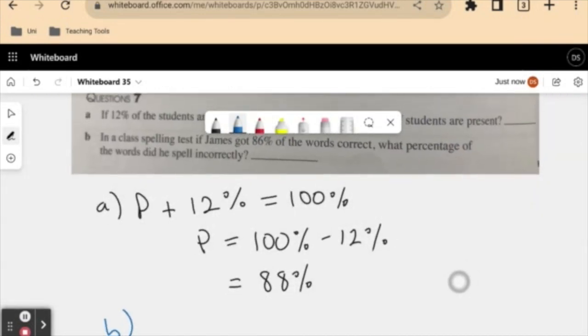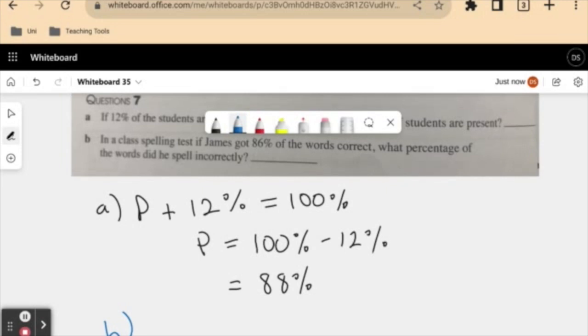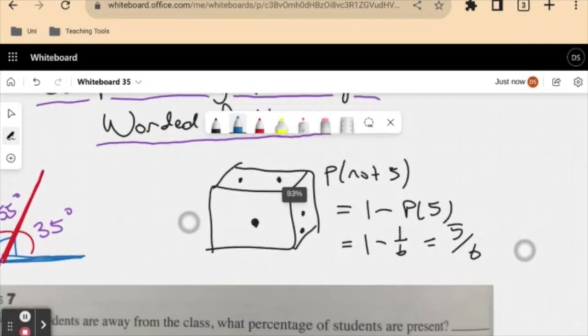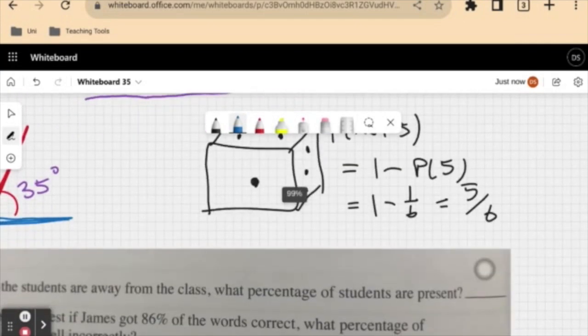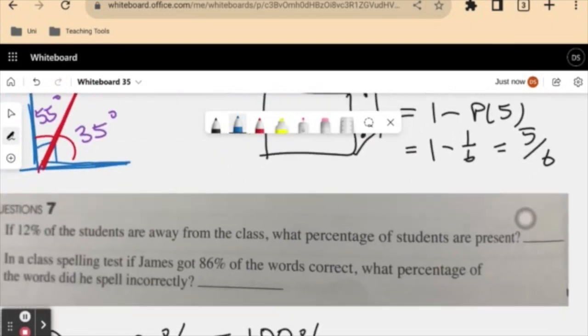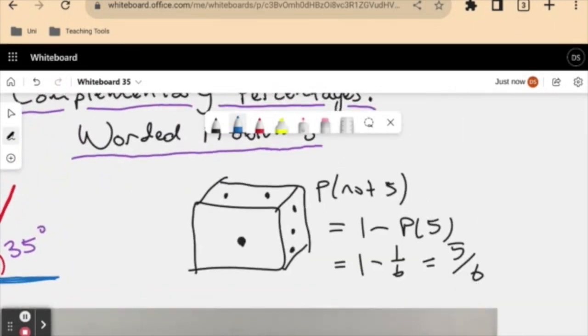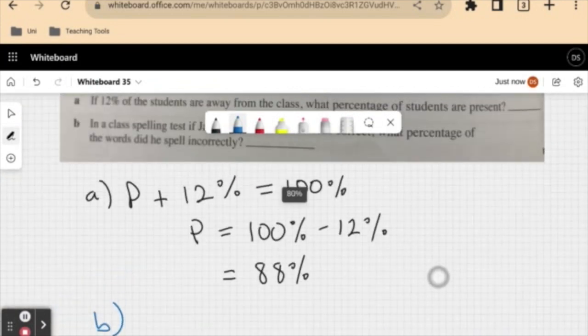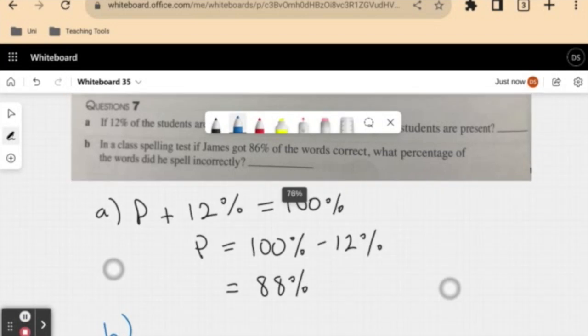So we're told that in a class spelling test, if James got 86% of the words correct, what percentage of the words did he spell incorrectly? So this is the same idea as our complementary probabilities, for example. We had a percentage of correct, and then we need to find the percentage of not correct. And we do this in a very similar way,